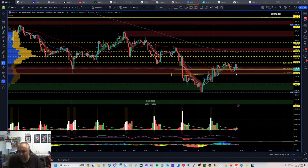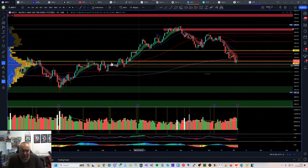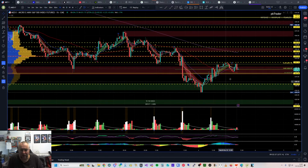So this first area is 42.7750, which is also the neckline area, and a daily level. If you look at the daily chart, this area here is pretty significant. It was the ceiling at one point, then it came back down and retested it before we saw the rally up. Now we retested it here, poked through it, came back up, and we've retested it again today. So it's proven to be a significant area, so I'm keeping that daily level in there because it's a good point of interest